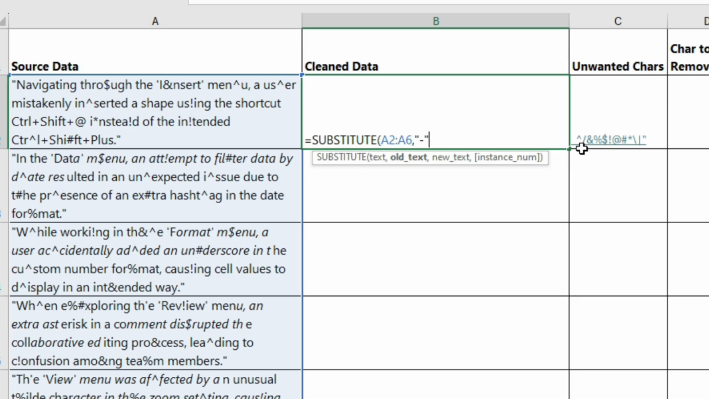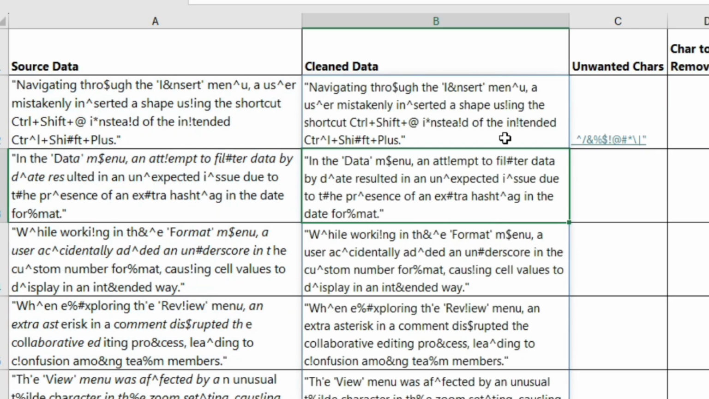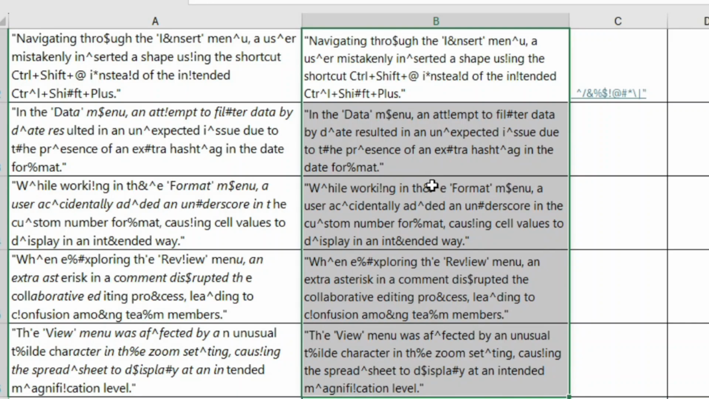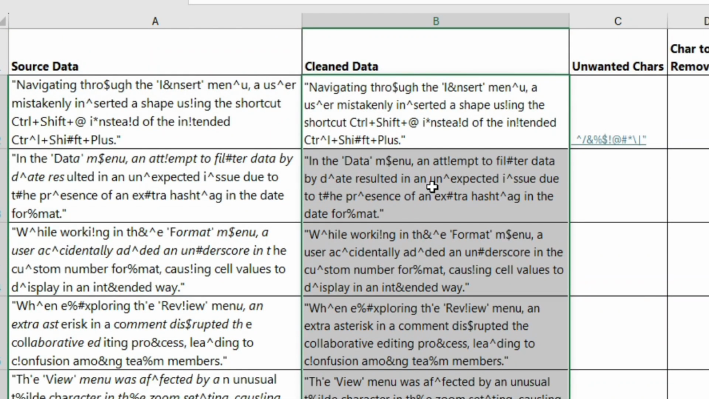So this will be our old text, hard coded here. We will be replacing it with a blank text string, with an empty text string. Close the parenthesis, hit enter on the keyboard. So in the first iteration, our result will be this text string. In the next iteration, we have to identify the next unwanted character, that is the caret sign here, from this